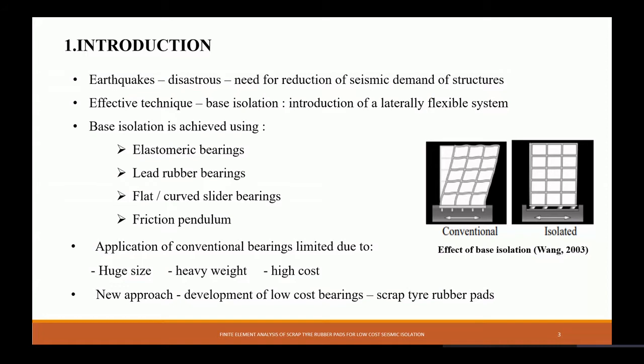Now, the first part of that was the manufacturing process and then doing some preliminary testing to get the properties, which was already presented. The next part is to do some numerical modeling, and this is still ongoing work. We look at how the numerical models compare with the experimental model. Once we have the verified and validated numerical model, the model can be utilized to do all sorts of analysis.